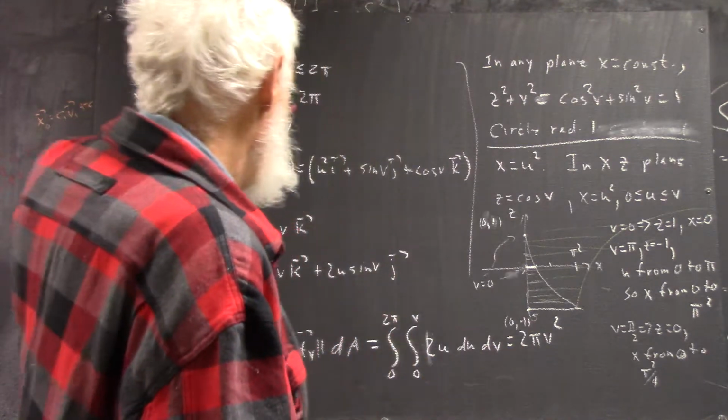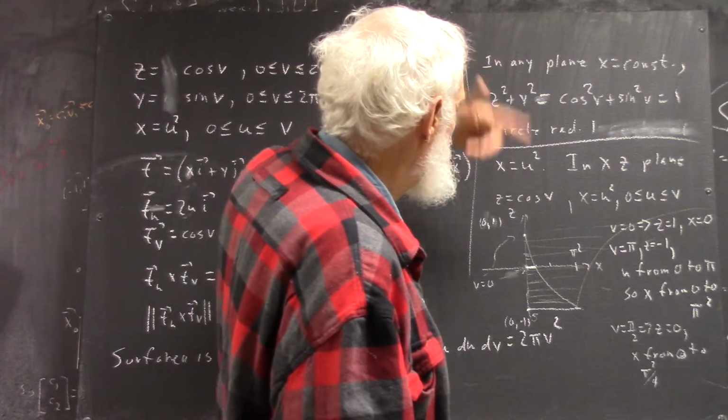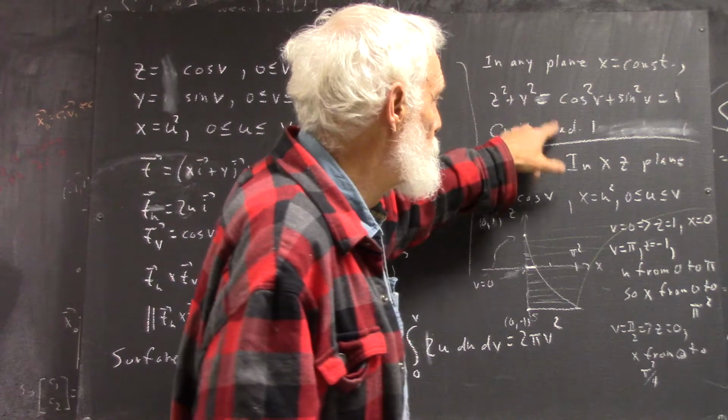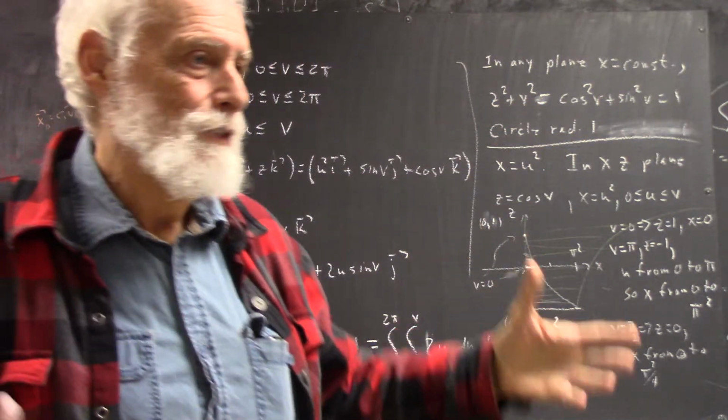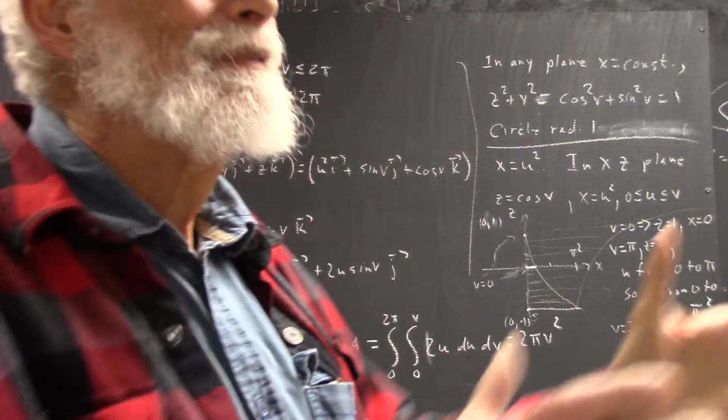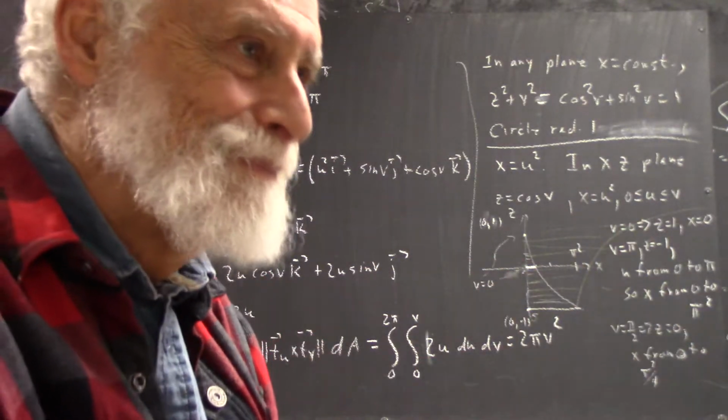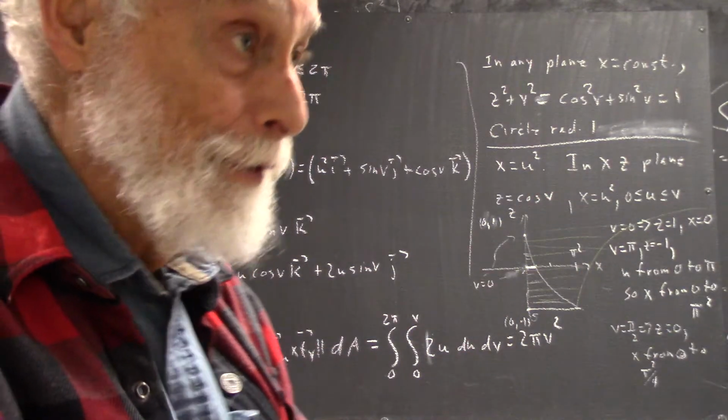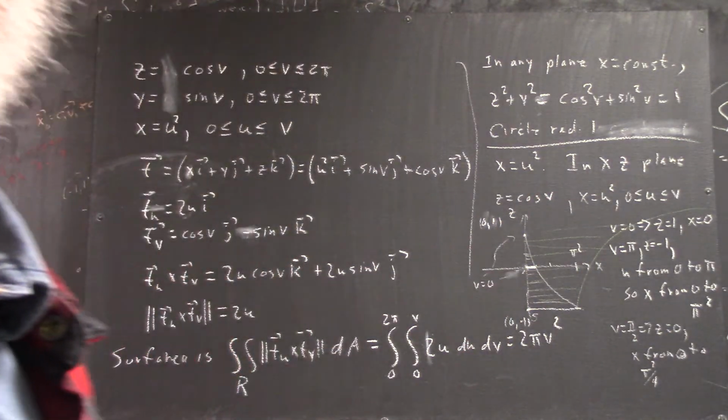Now again, you want to think of this, in the first place, you have circles of radius 1 here in the UV plane. So what surface are you getting? You're restricted to that cylinder. So this will get you the surface area of your